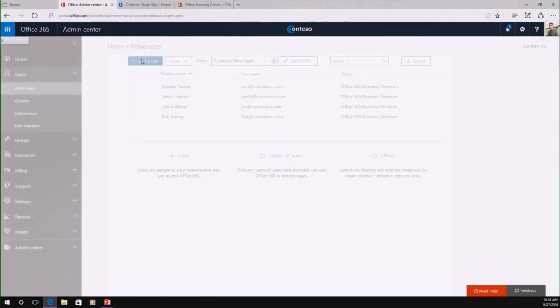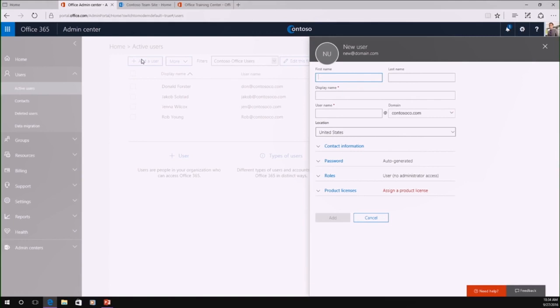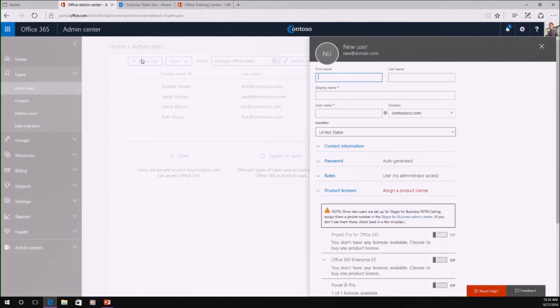So when you create that user, you'll simply go ahead and create the user. You'll assign them the global admin role, and then you will not assign a license to them. There's actually a switch to create an unlicensed user. From an enterprise standpoint, this is going to help you enforce that best practice that you had on premises. On premises, you didn't have users signing in as the enterprise admin to check their email and to write Word docs. But when we get to the cloud, all of a sudden, everybody's a global admin. It's not really a best practice, but being able to create this unlicensed admin can help you to fork those